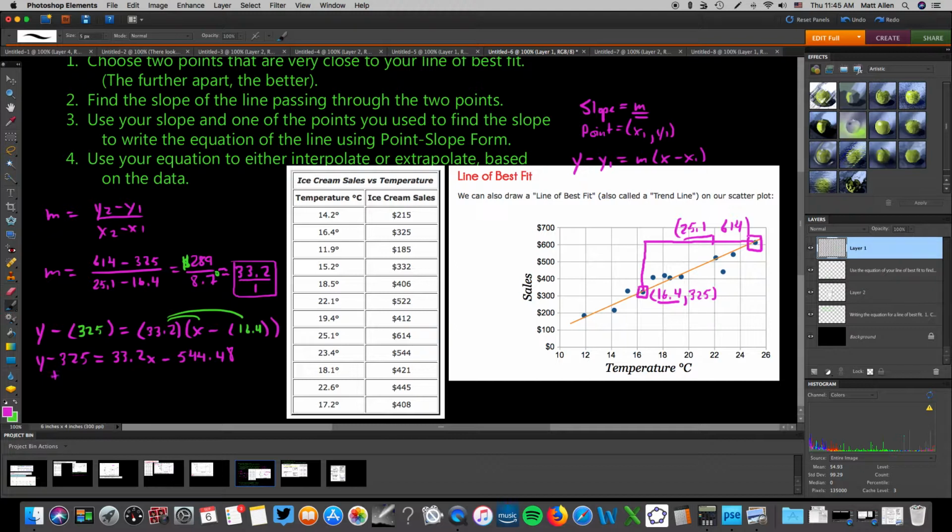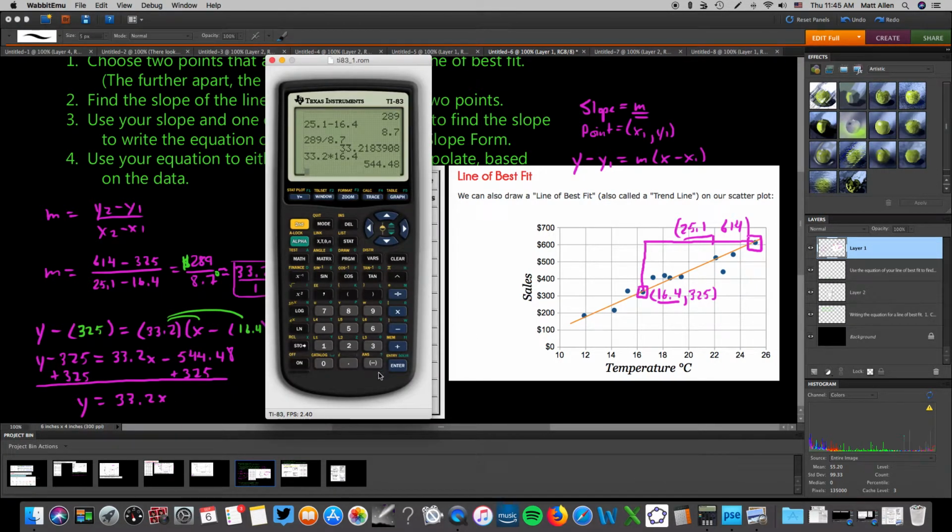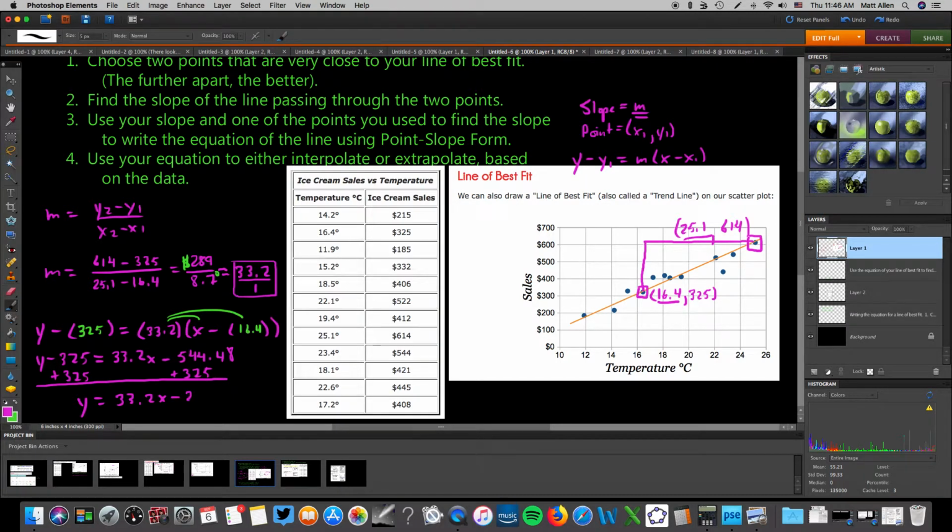And so as we add 325 back to the right-hand side here, I suppose we could say y equals 33.2x. And using our calculator here, if it were negative, I'll take this times a -1, make it negative. And we added 325 to this, so plus 325, what we would get is our y-intercept at -219.48, so minus 219.48. So put a box around this and celebrate, because this equation right here,